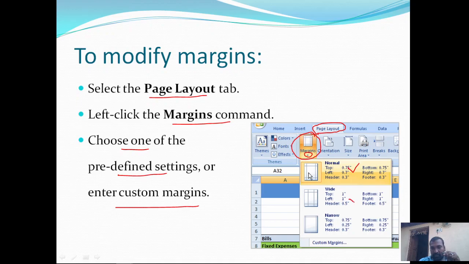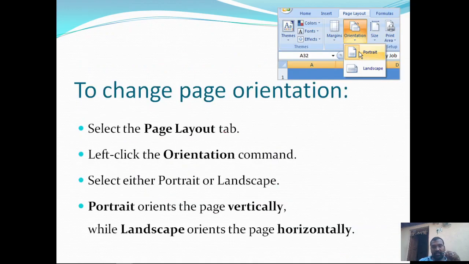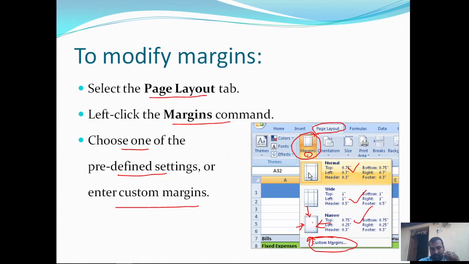So these are the predefined settings, predefined margins of a document. So choose any one of these options, or you go with the custom margin. If you go with the custom margin, you need to enter the left, right, top, and as well as bottom margin values. To change the margins, if you choose the custom margin, you need to enter left margin, right margin, top and bottom margin values.